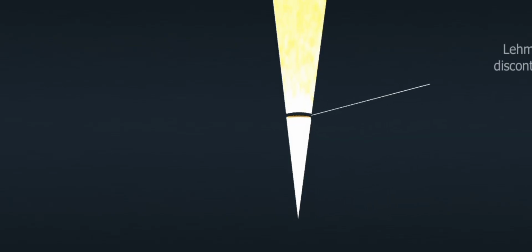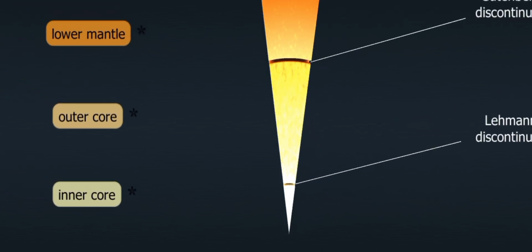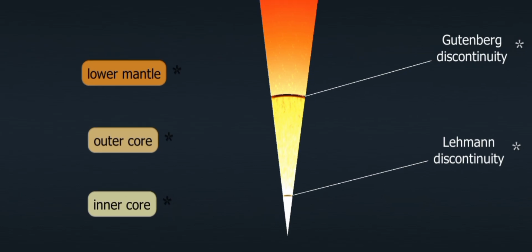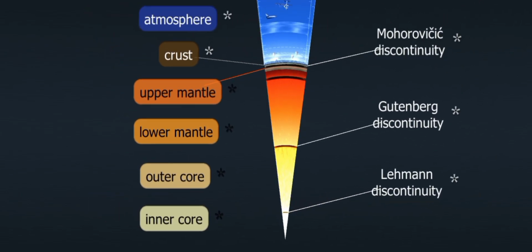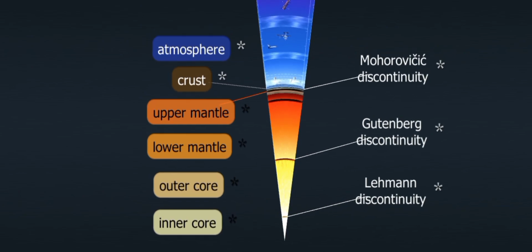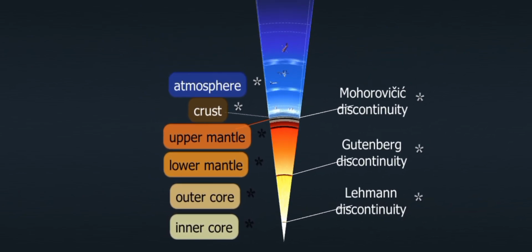Density, temperature, and pressure increase with depth. While pressure increases gradually, density changes abruptly where the velocity of seismic waves also changes abruptly, that is, at discontinuities. The rate of the inner temperature increase is called the geothermal gradient. On average,